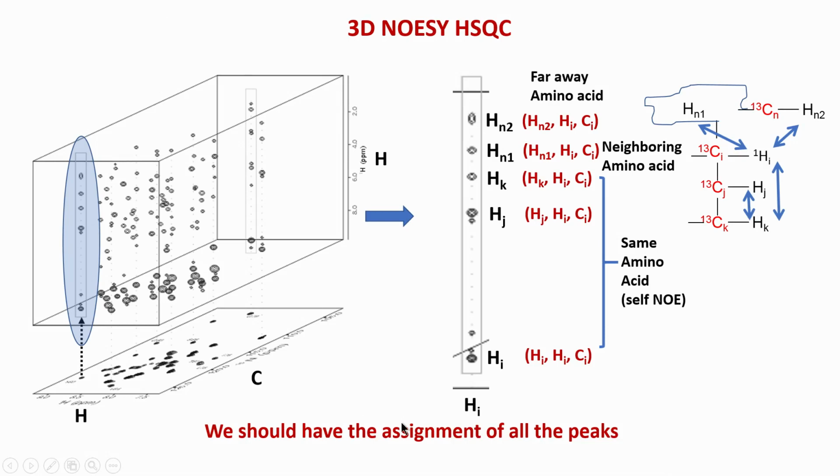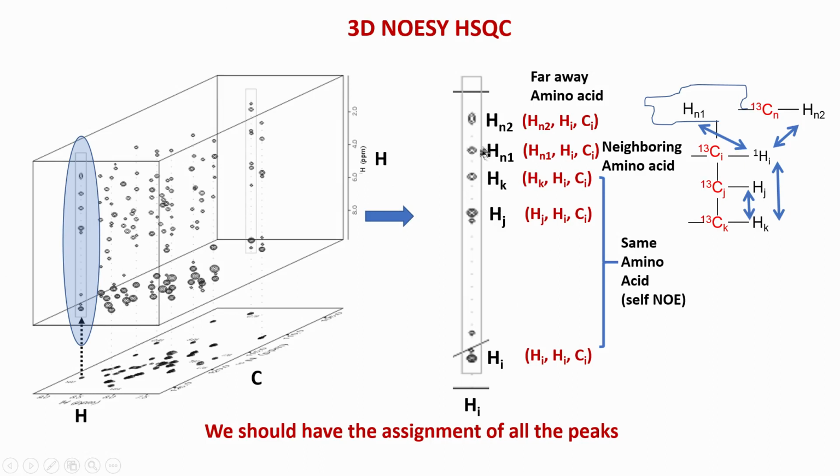In fact, there is a journal dedicated to NMR assignments. So, if you have a protein of about 100 amino acids or more, you could actually assign that protein, including backbone and side chain, and then publish it in a journal. So, you see, the assignment on its own for any protein is publishable, because it requires a lot of work and it is very important in the whole process of structure determination.